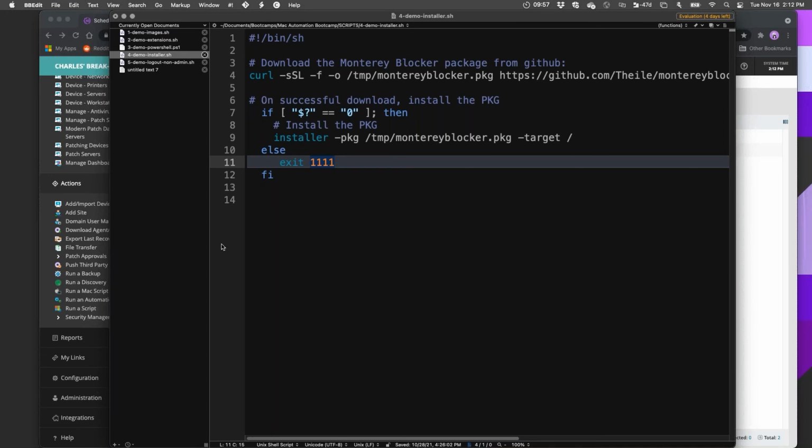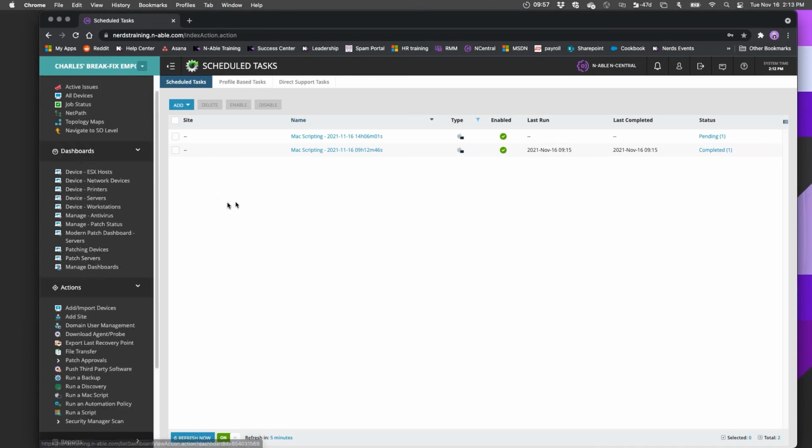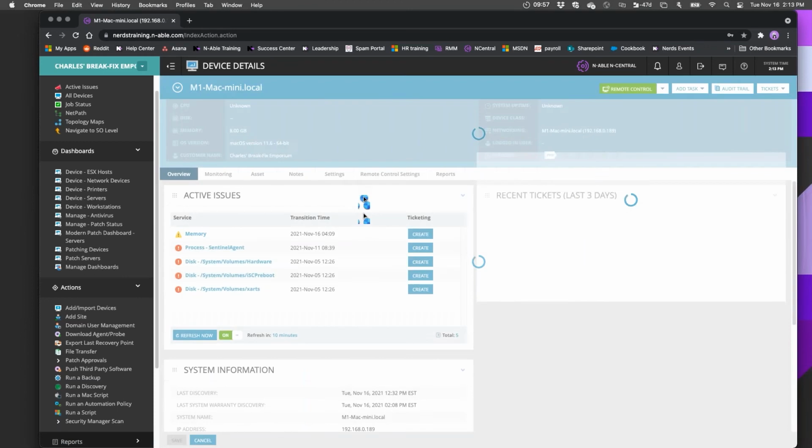So to go back to my Mac, I should be able to see. I go back to my workstations here, the Mac Mini.